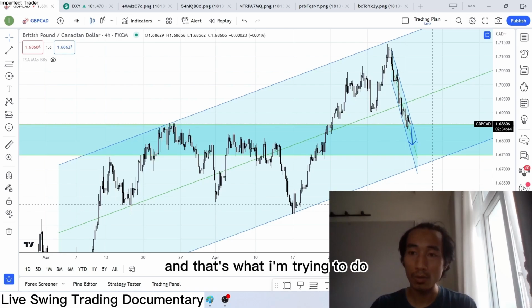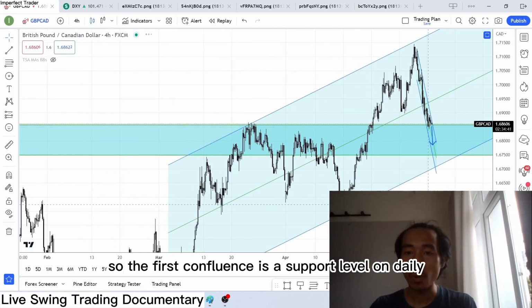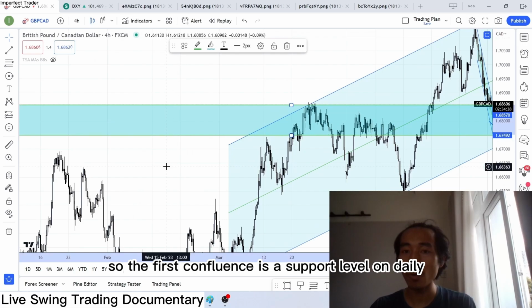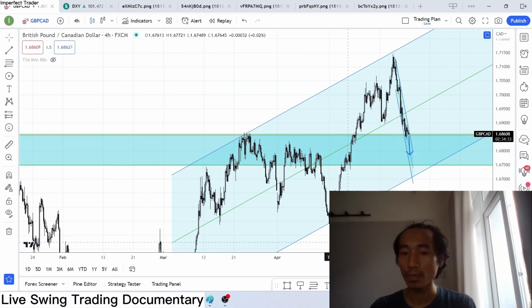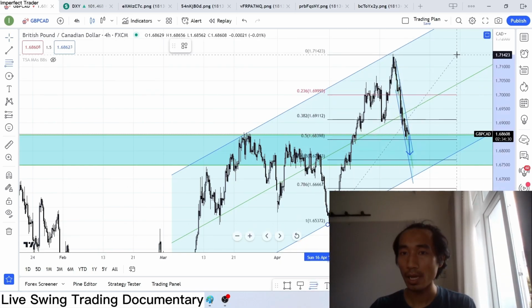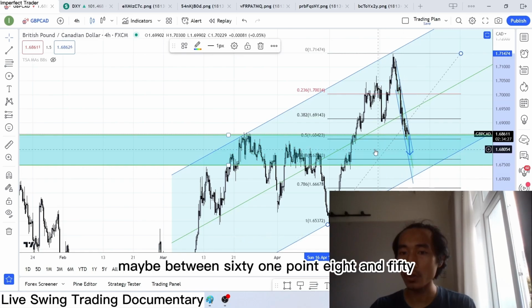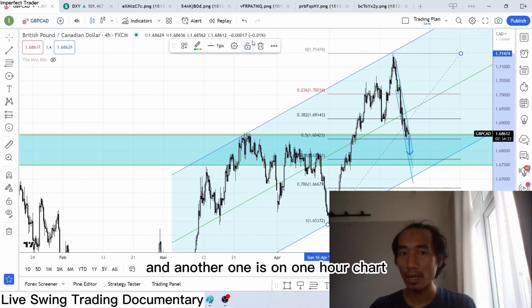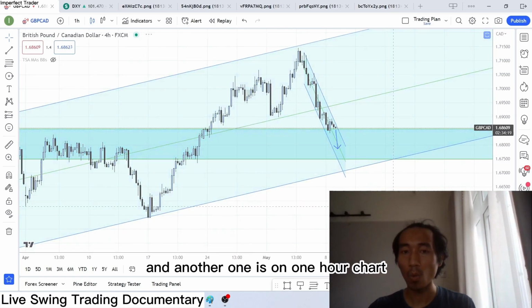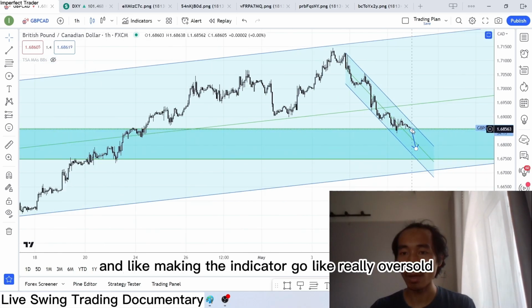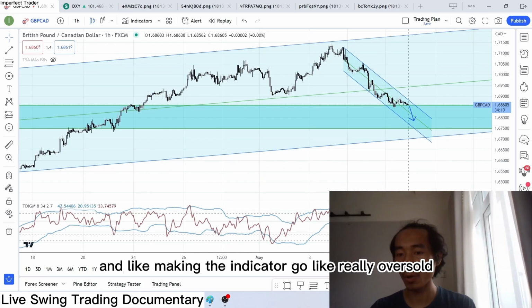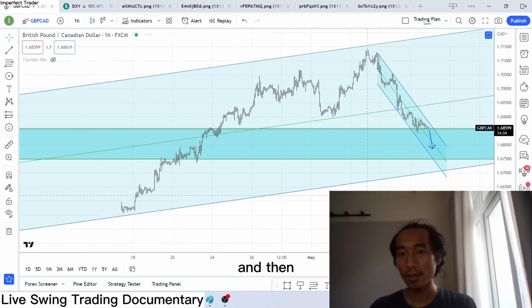And that's what I'm trying to do. So the first confluence is a support level on daily, the trend line, the fib right here. I'm waiting for it around maybe between 61.8 and 50. And another one is on the 1 hour chart. I'm expecting price to push a little bit lower and make the indicator go really oversold. And then